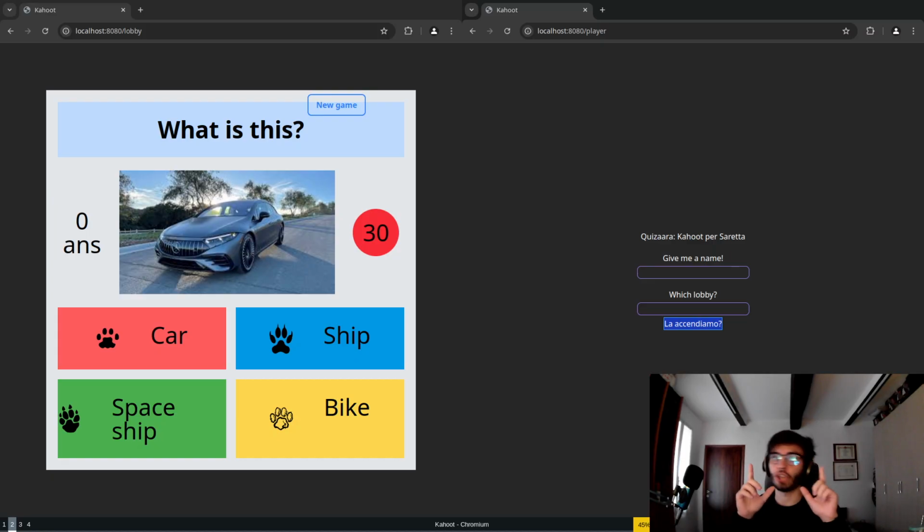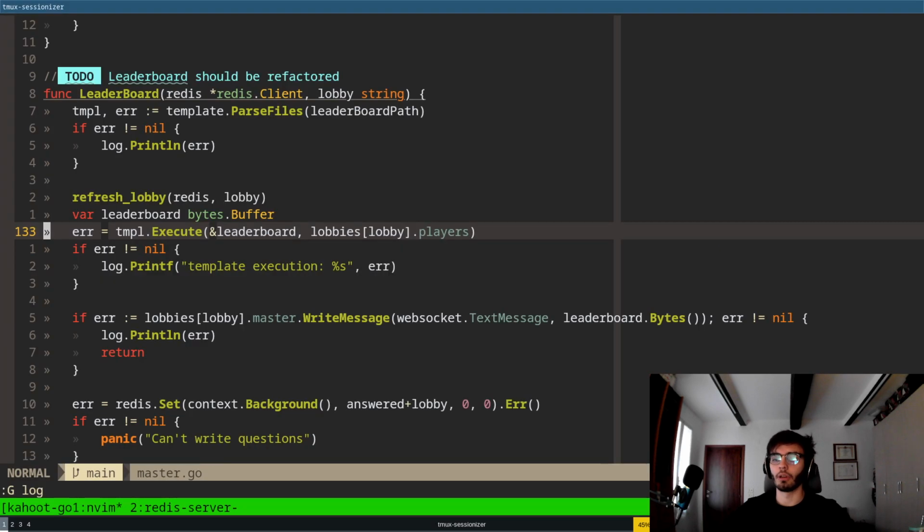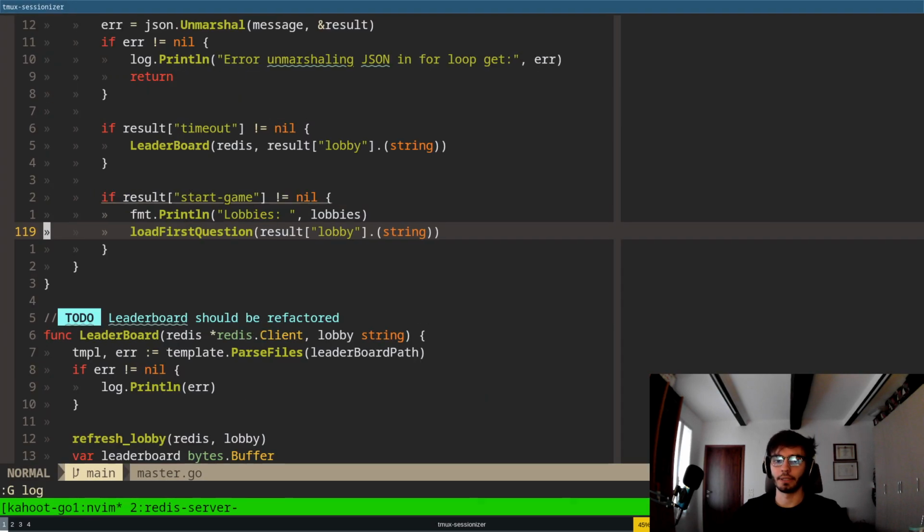This way I can check: there's a name, there's a lobby, means I know this player, means I'm jumping to where this player left. Or actually, I'm jumping to the current question. And that has to be the same for the lobby. I mean, it shouldn't be that hard to make it for the lobby. So let's first off